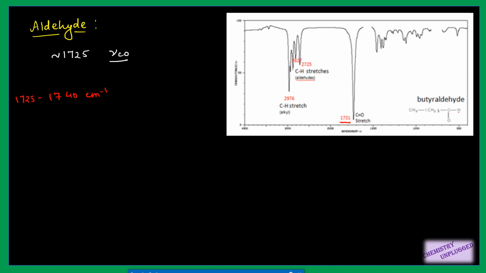And then we have one more stretch, the CH stretch, and this CH stretch is generally shown by two peaks, a doublet, below 3000 centimeter inverse, right? So these are the stretches due to CH stretch. Then we have the CH stretch due to this alkyl group. These peaks are due to CH2 and CH3 bending vibrations. We have seen in the previous video what type of vibrations can be observed for different hydrocarbons, right? So you can watch that part there. So the spectrum of aldehyde is very simple.